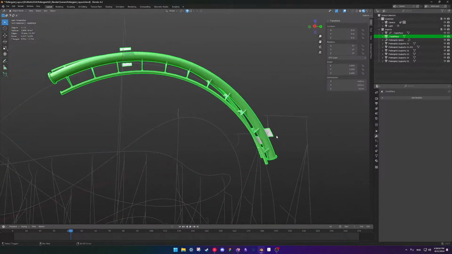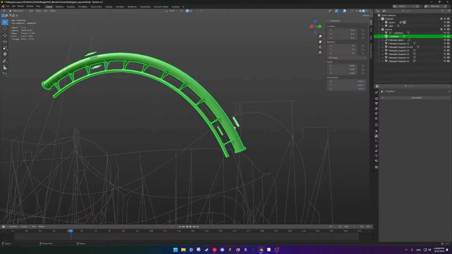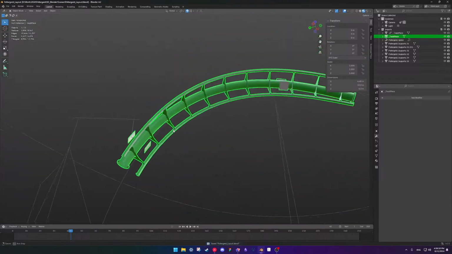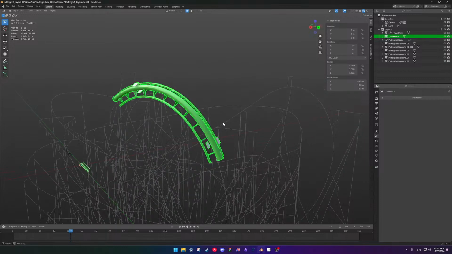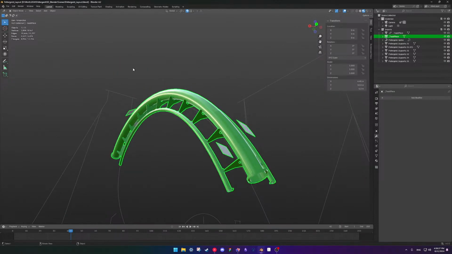I guess I could do that by making it its own. Yeah, let's separate this from this geometry node.